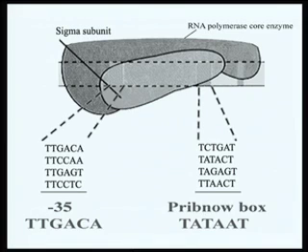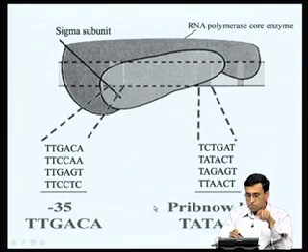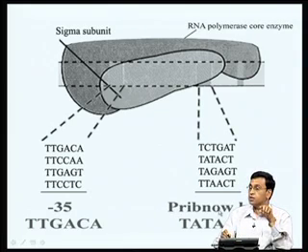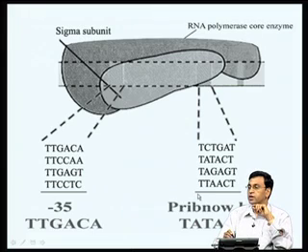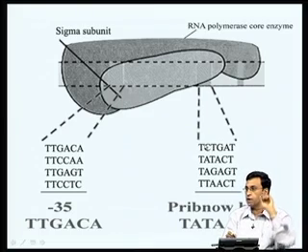But it turns out not all the E. coli genes contain exactly the same sequence. There are minor variations within the sequence, and I have just given here 4 examples. There are 4 different genes where you can see minor variations in this consensus sequence, and it turns out these minor variations in the -35 and -10 sequences are responsible for differential regulation of gene expression in bacteria. Now there are certain sigma factors which will only recognize one -35 and -10 combination, but not another. So only those genes which contain this particular type of sequence will be activated by that particular sigma factor.